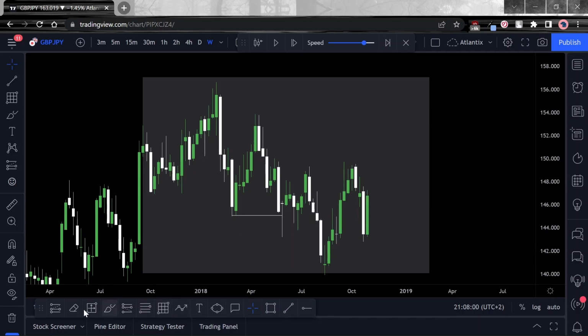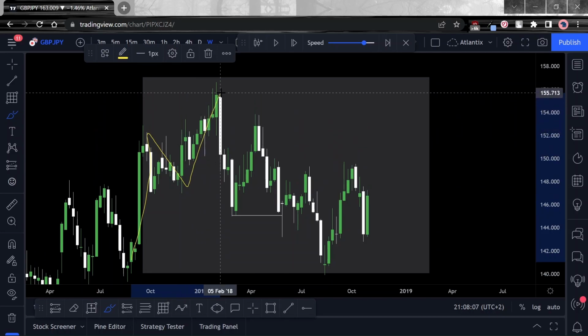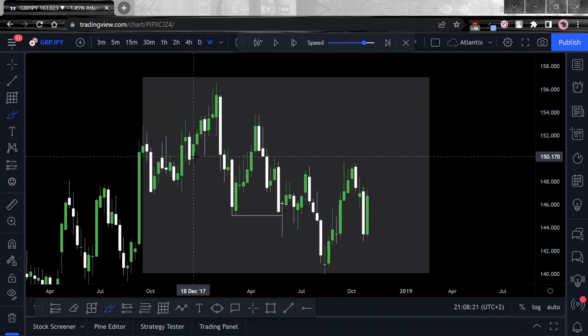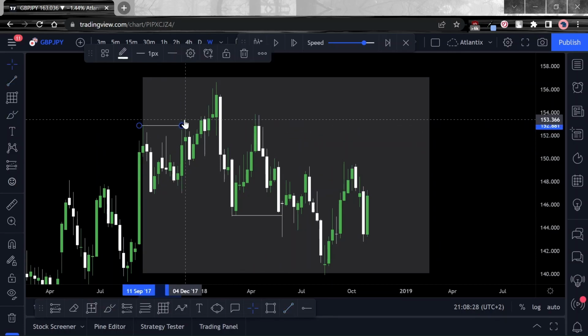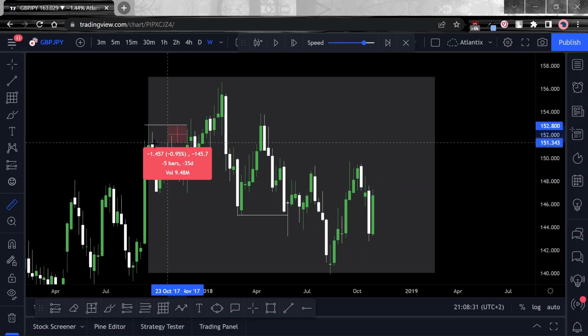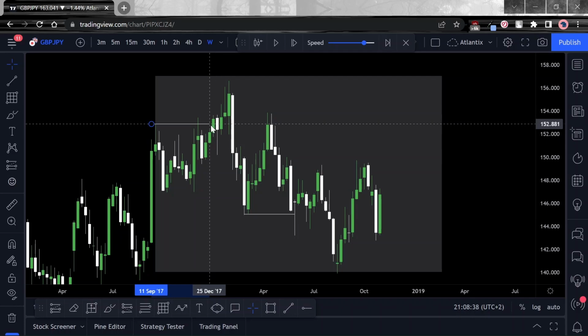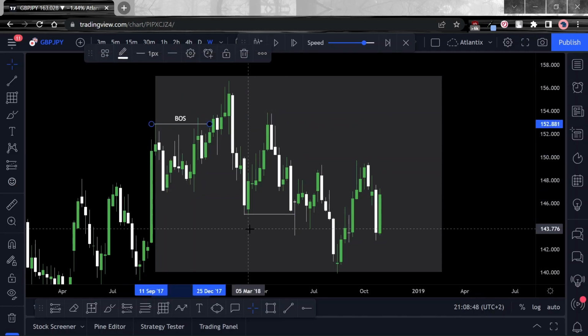As we can see, price here pushed up, gave us a higher low, pushed up, and we can see the higher low over there, because this is the wick, which was the highest point before we saw a retracement, and then price pushed up higher. The question then becomes, where is the break of structure taking place? Is it taking place when this wick violates the high, or when the candle closes above like that? That's the question. In this scenario, we're going to say bullish break of structure.